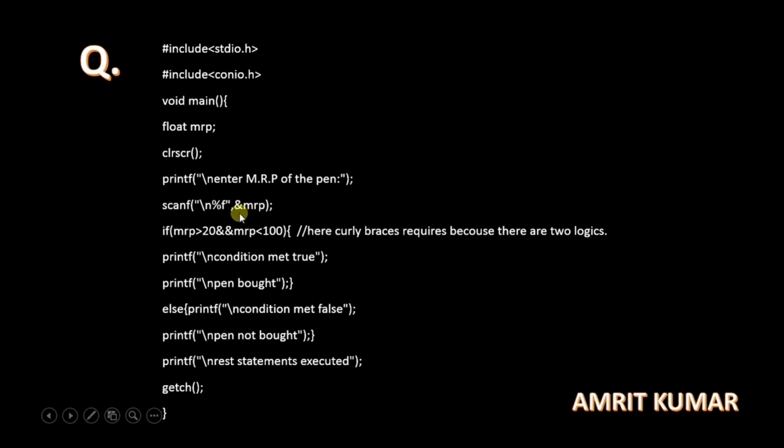So actually, &MRP is the address of the variable MRP, and this address is going to return the value of the MRP to the format specifier, that is %f. And we know that MRP is going to carry the float value only. Okay. Now, after that I have used the if condition, because we are studying about the if else statement, and